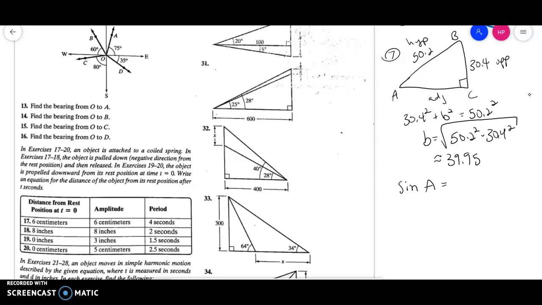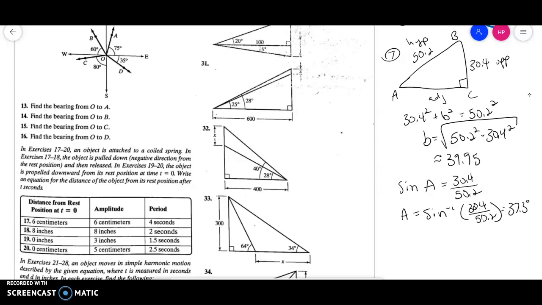So the sine of A is equal to 30.4 divided by 50.2 because that's opposite over hypotenuse. The angle A, remember, this is the sine inverse. That's how we undo the trig function. That's why we spent that time reviewing and learning about the inverse function. So second sine on your calculator of 30.4 divided by 50.2 should give you that angle A is about 37.3